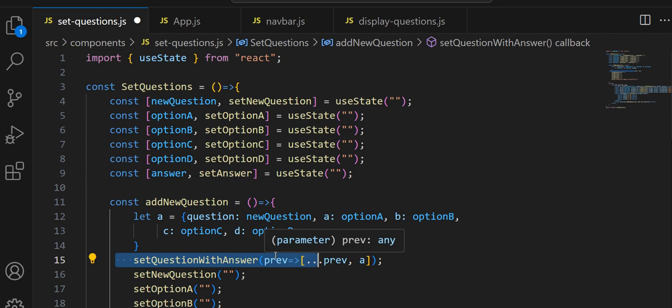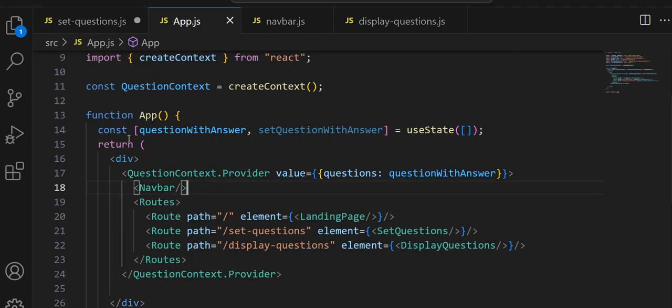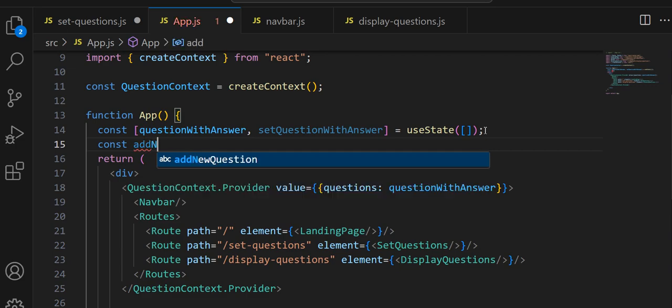We've taken the state away from this place. So one thing we can do is this. We can come here and create another function to handle that part. We can say const add new